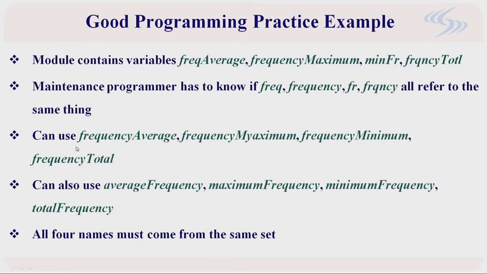So, variables such as frequency average, frequency maximum, frequency minimum, or frequency total will be good names. You can also define them in this way: average frequency, maximum frequency, minimum frequency, and total frequency. Actually, all four names must come from the same style. So if the variable names follow this style, you should make sure that all the other variables also